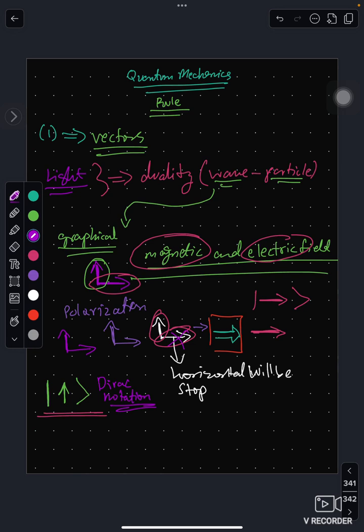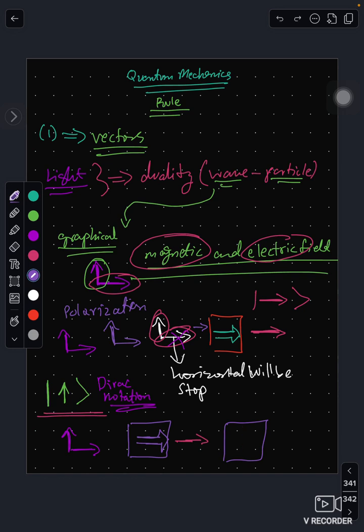But here's a twist. Let's suppose we have the same example, but now we put a horizontal polarizer at first, and we get a horizontal line, right? But now let's suppose we put a